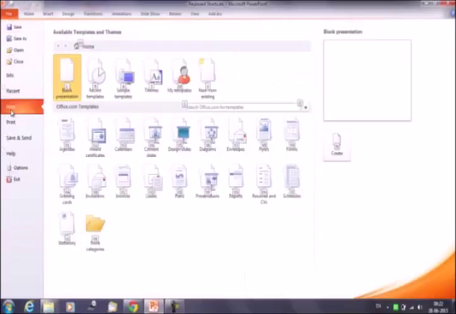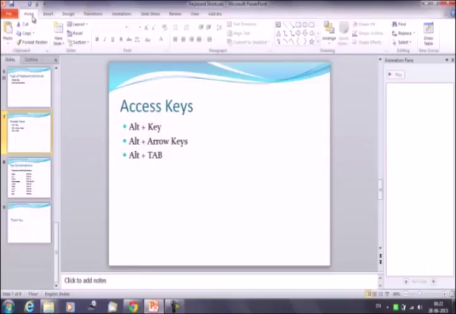It will ask you the type of new presentation which you want to select, the template or which kind of presentation you want to open, or the file. Okay, so that is the magic of the Alt key. As we are talking about the access key, there are three ways by which we can use the Alt key. Alt plus key, that we have already seen,